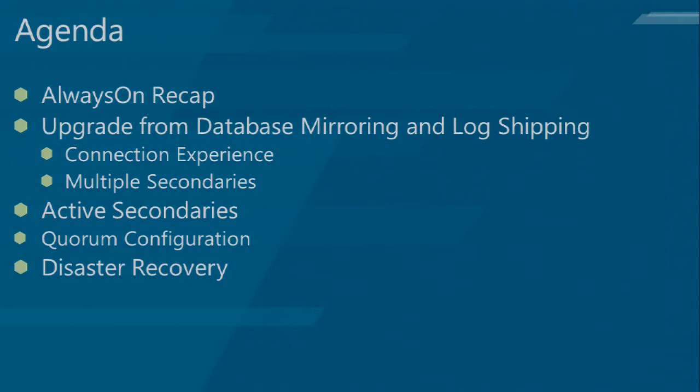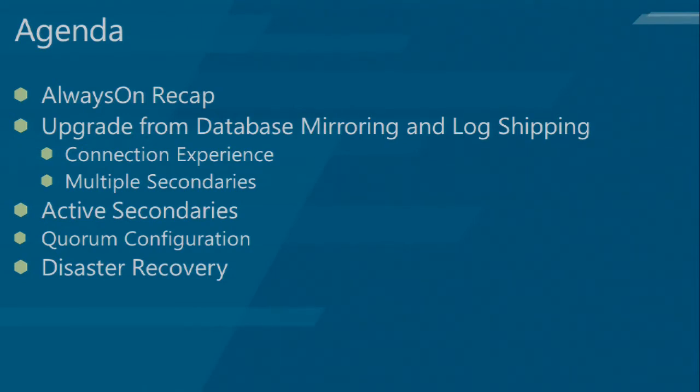A quick recap of the agenda. I'll give a recap of Always On, talk about some of the features, why we did this, then go through a demo of upgrading from database mirroring and log shipping while running an application to Always On availability groups, show you the connection experience to connect to the primary of your availability group from the application, multiple secondaries, multiple databases,